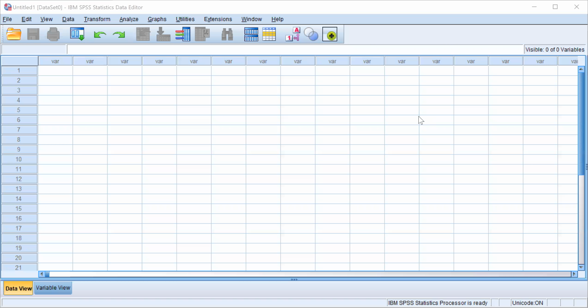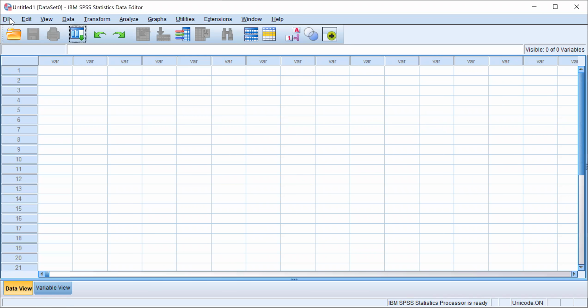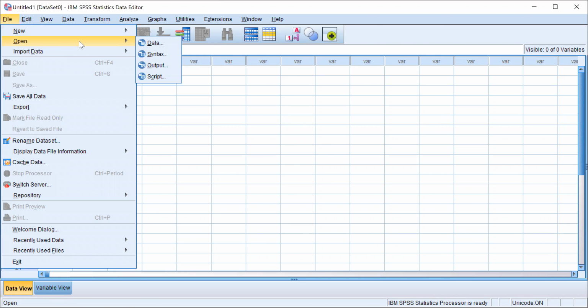This video will show how to open an Excel file in SPSS. So when you open the SPSS program, you'll come to a spreadsheet like this. To open an Excel file, you can go from the Open Data document here, or you can go from the menu. You go from File, Open, Data,